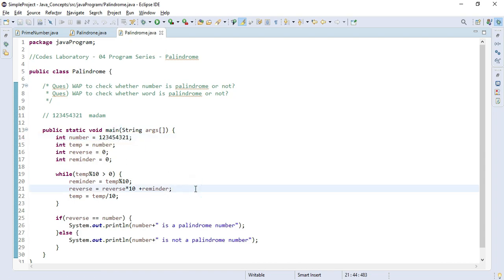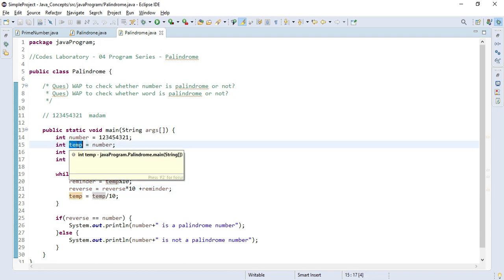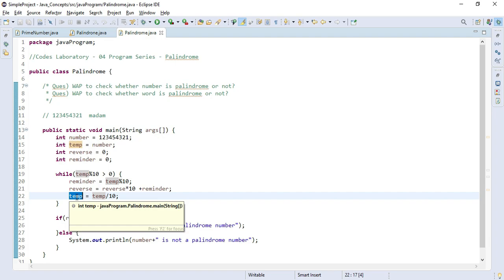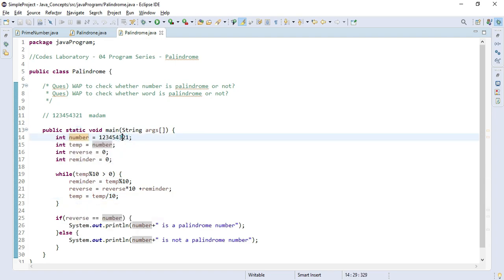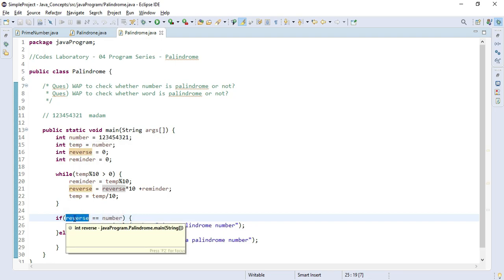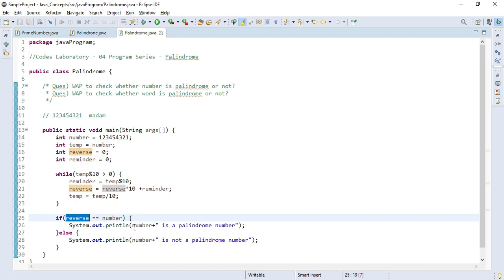Okay, so let's just try to understand why we have written this code. First we have assigned this number to an int temporary number, so that I can play with this temporary number and change it as per my requirement. And we have kept the number same as it is, so that we'll be able to verify at the end with our reverse number whether number is equal to reverse number or not. On the basis of that, we can verify if it is a palindrome